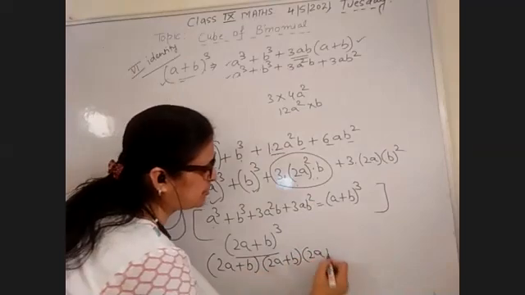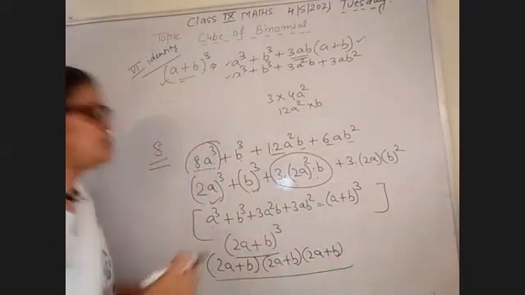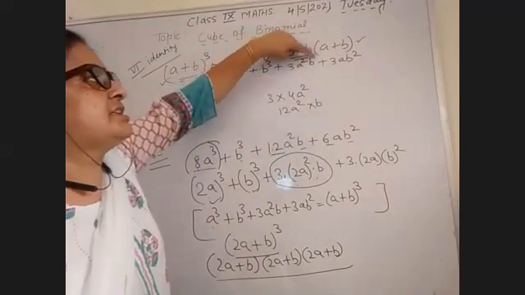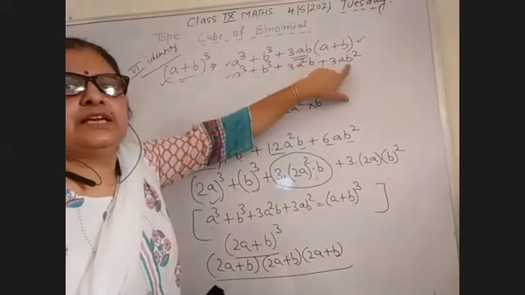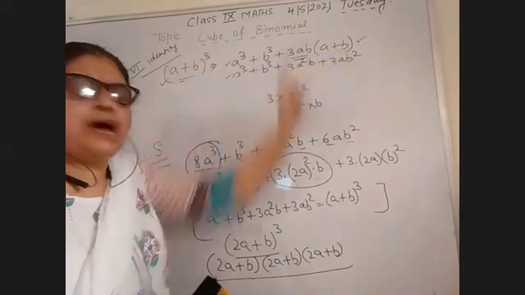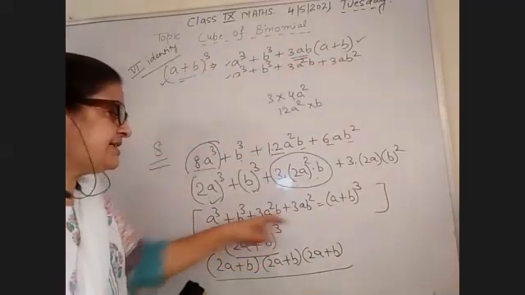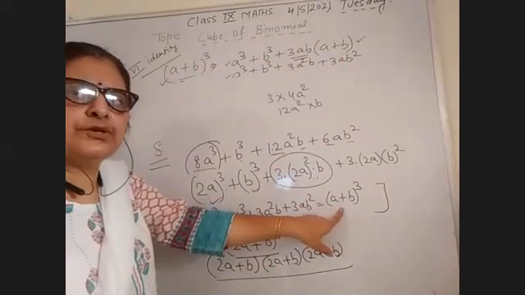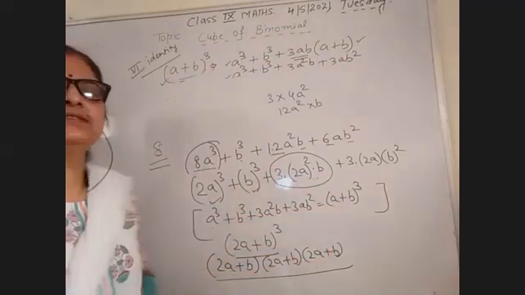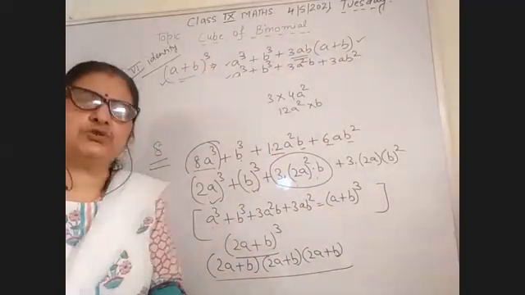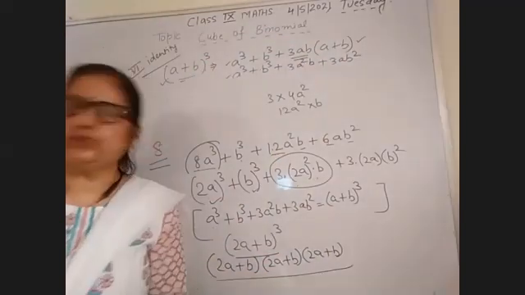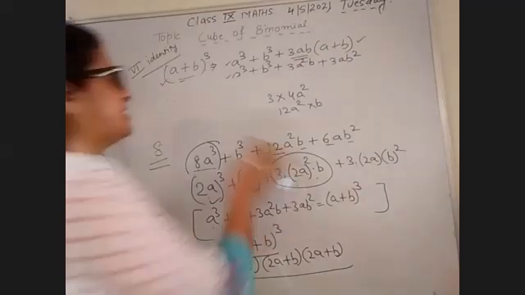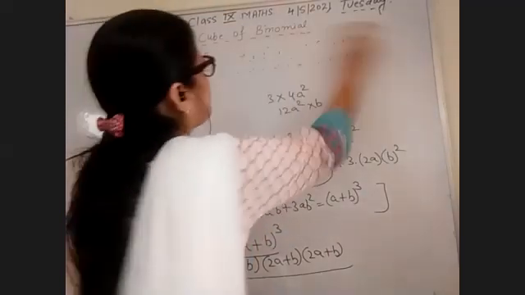You can solve this question in this way also. First you have to change this in the form of 3a square b and plus 3ab square. After that, after writing this identity, it is equal to a plus b whole cube, and again you will write this answer this way also, 2a plus b, 2a plus b, 2a plus b. I am taking one more question related to this identity.